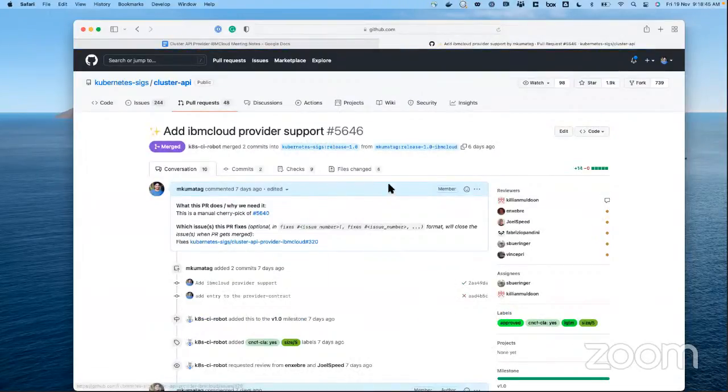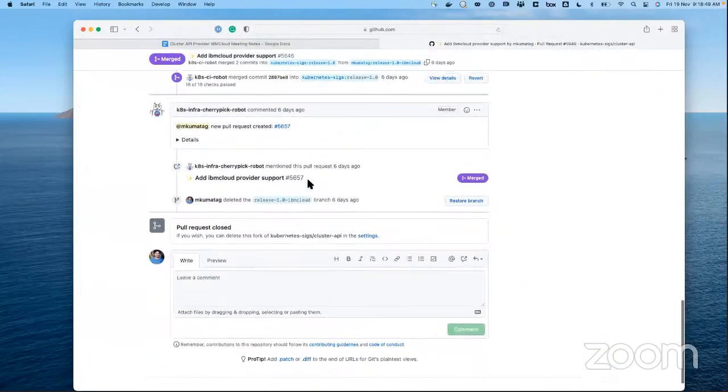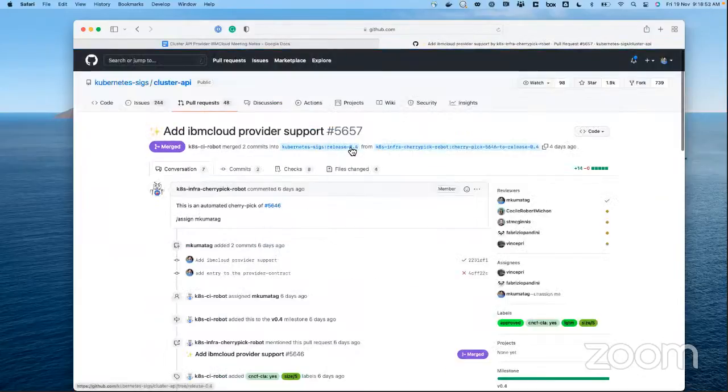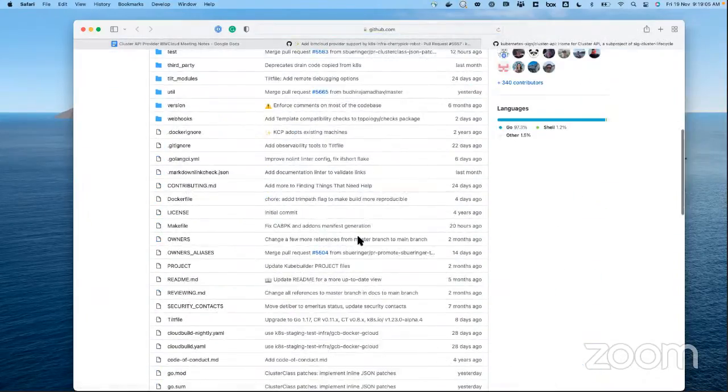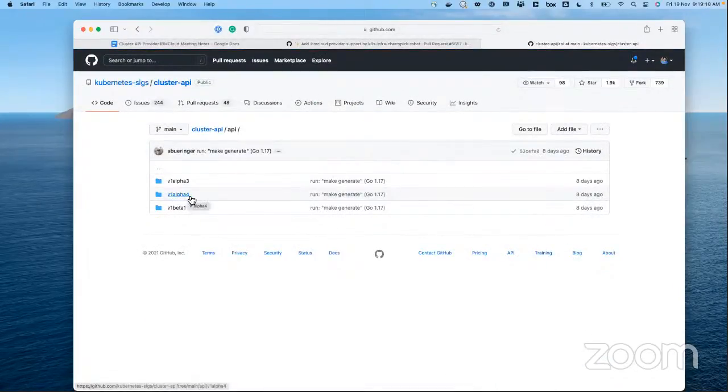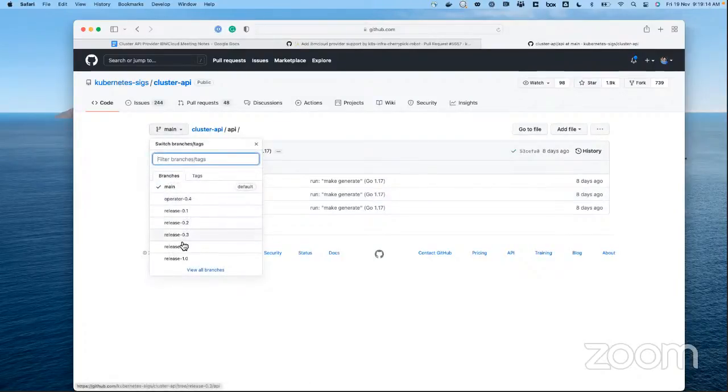The v1 branch we did submit, and then we backported this change to release 0.4. Release 0.4 is the one we are using at the moment with our repository, because we are still with the v1alpha4 version, and this is handled in release 0.4.